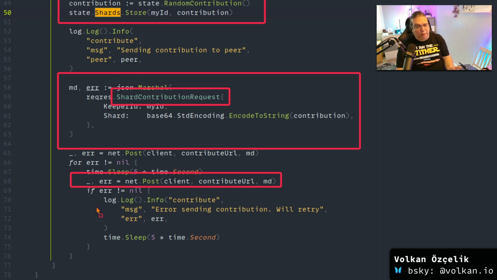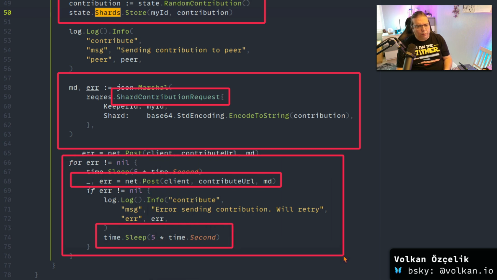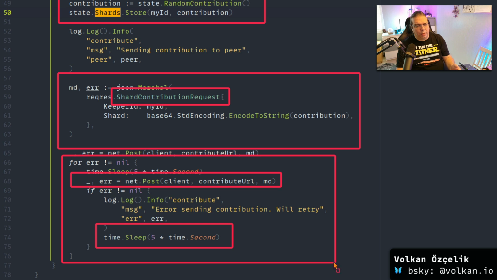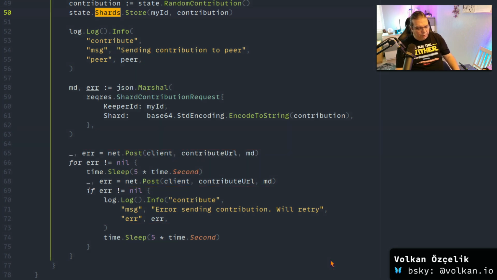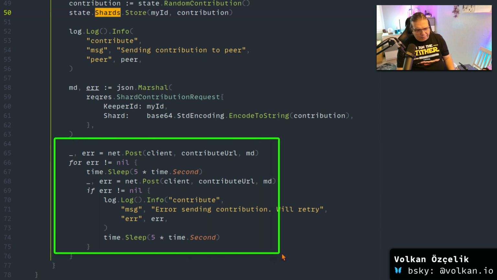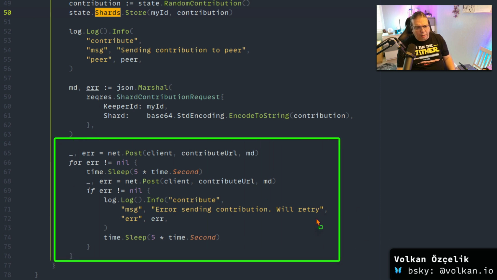And if the request fails, we wait for a while and retry until all of our requests are successful, and we share our shards to all the keepers that we know. As a side note, this is also a work in progress. This algorithm is not ideal. We are going to convert this to a more exponential backoff retry attempt, so that we don't put pressure